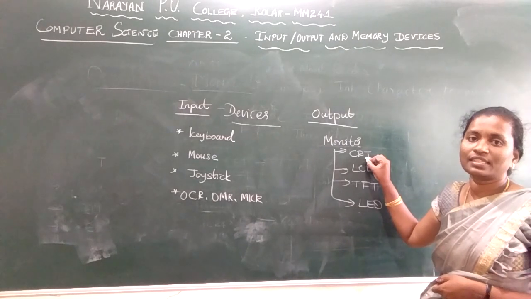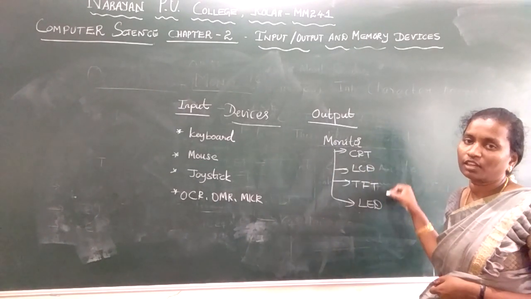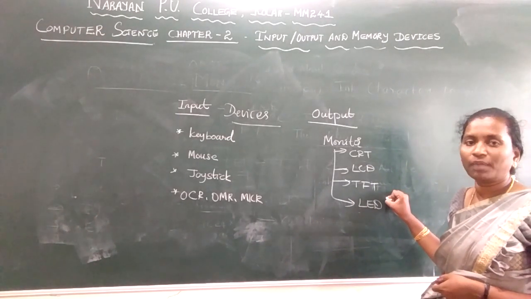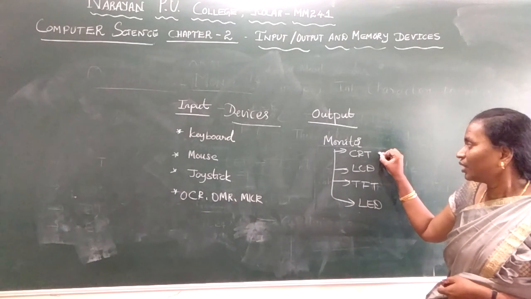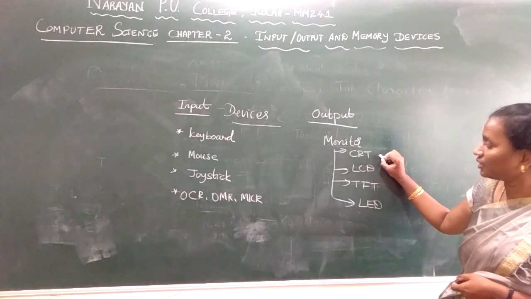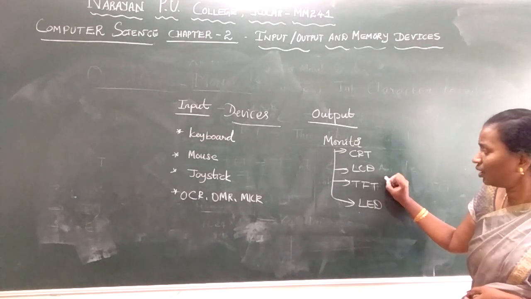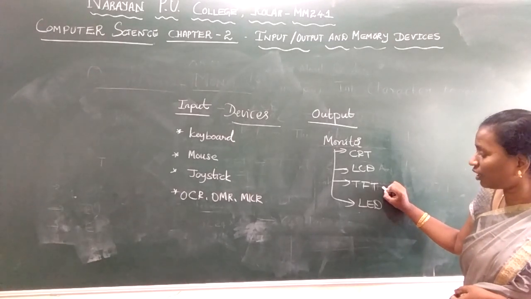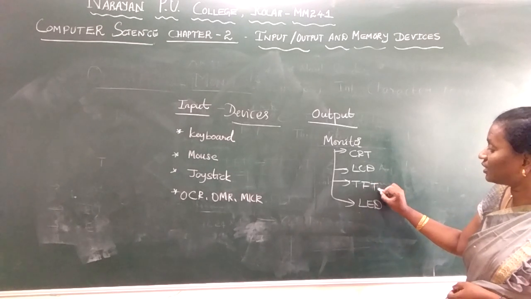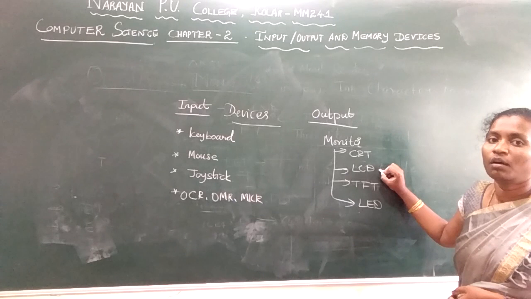When the electron gets emitted by the gun inside the monitor, the phosphor present on the screen gets darkened. That is how the pixel gets darkened. We get better resolution in the CRT monitor. LCD gives better resolution than the CRT monitor. LCD stands for liquid crystal display. Next, TFT monitor stands for thin film transistor. This technology is widely used in all LCD monitors.